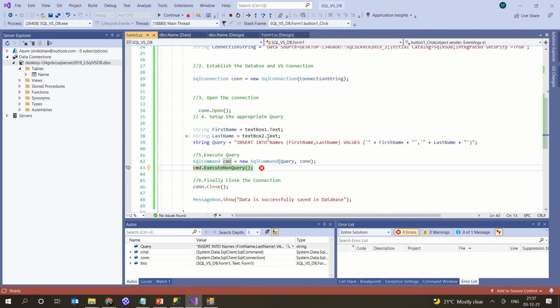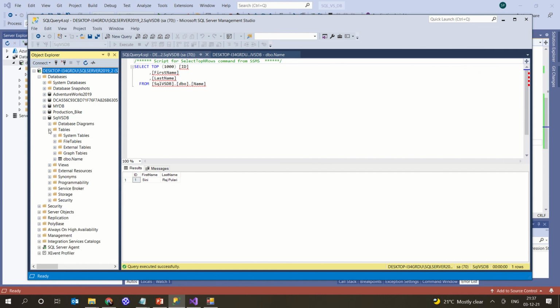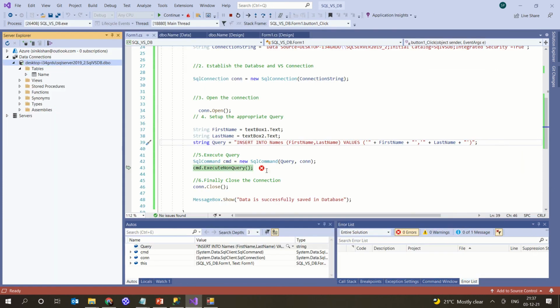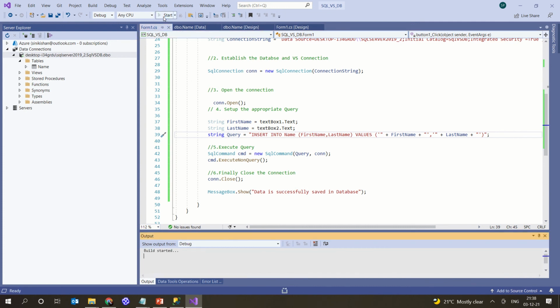Okay, we will just go back because we have made a small mistake here, because I have just copy pasted it from the previous one. In our original database, basically the name of the table is name, it's not names. So I have not changed it, it's a small mistake which I have made. Whenever you have some errors, just go back and try to rectify it. Everything should be fine. So don't panic by seeing the errors. Just try to read the error, understand what it is, and run it again.